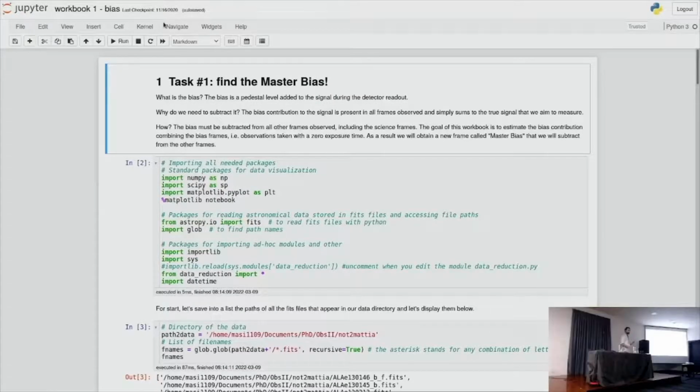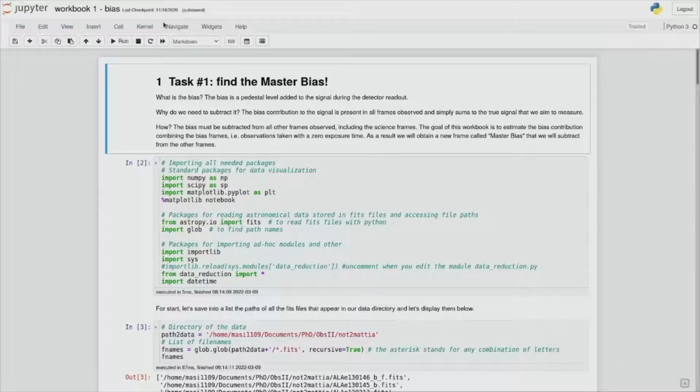Okay, so for those of you who have never seen a Jupyter notebook, those are online documents that are divided up into multiple cells. For example, here in the first cell, you can just type some normal text. Here you have the title, and at the beginning of each workbook, I just explain what is the step that the student will